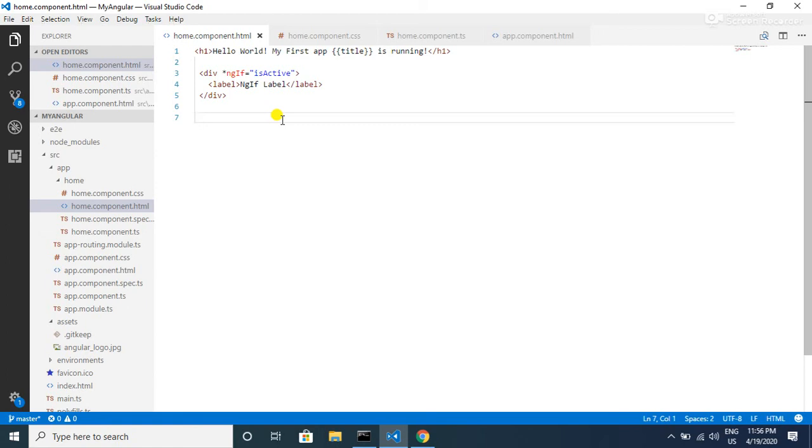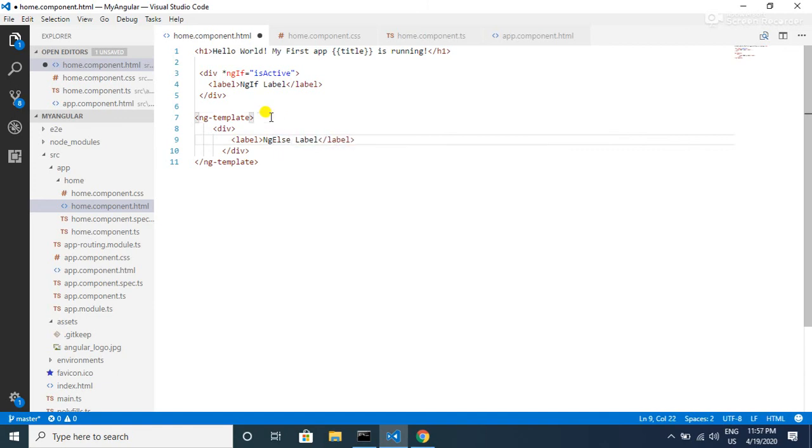To do that, let me add an ng-template. Inside this, let me copy a similar div tag, remove the ngIf, and instead of ngIf label I will call this ngElse label.